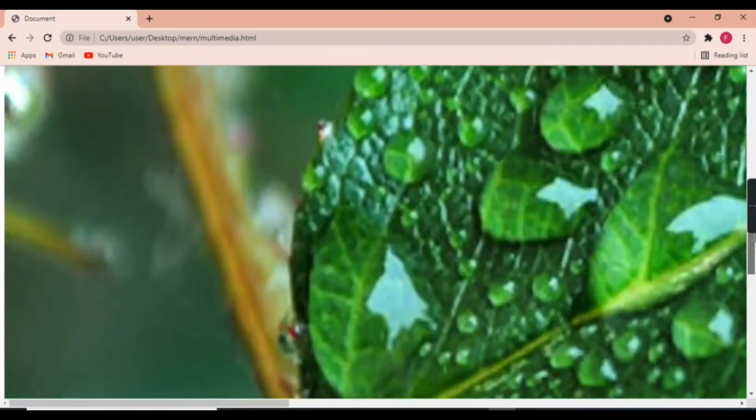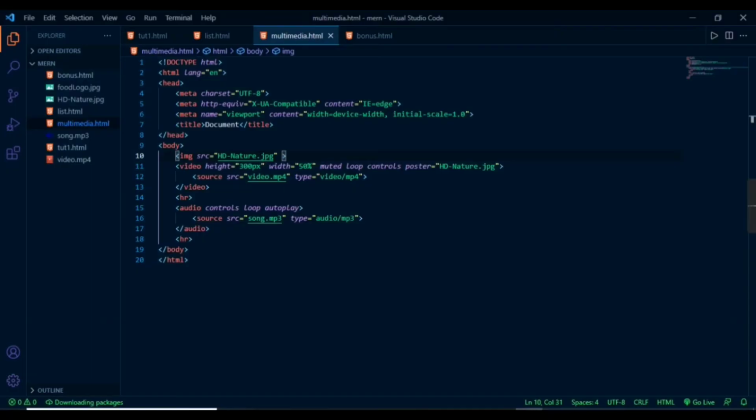See, we got the image, but there is one problem in this image. The image is too big for us, so we can customize it. We only need to give height and width here.